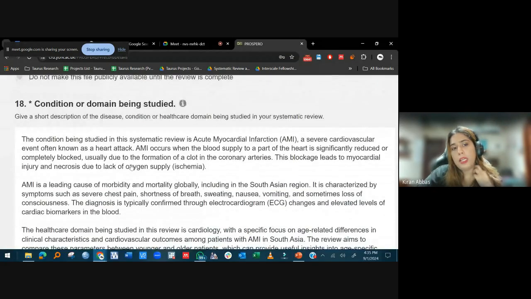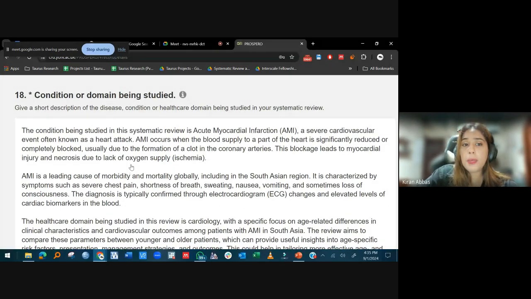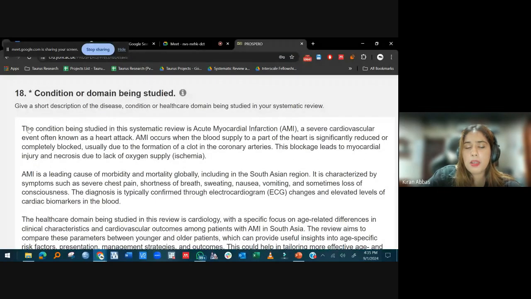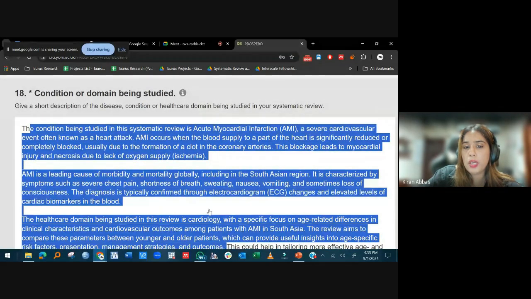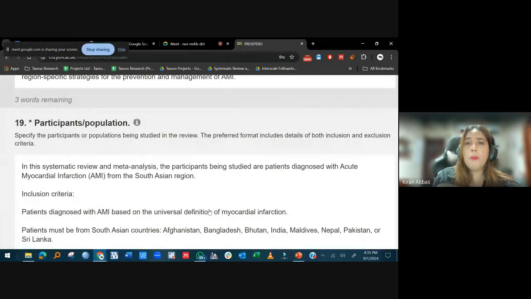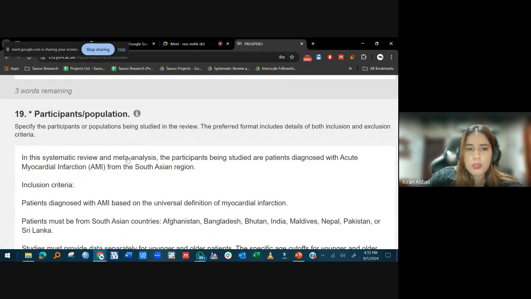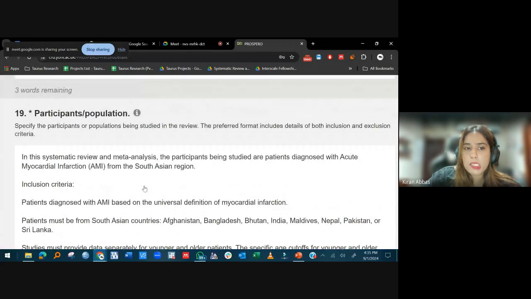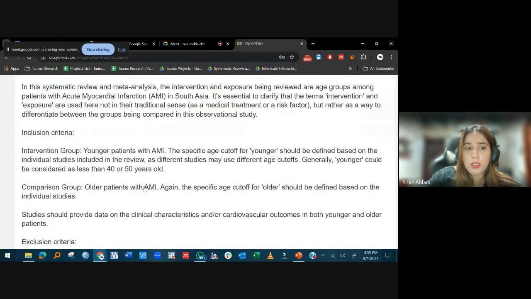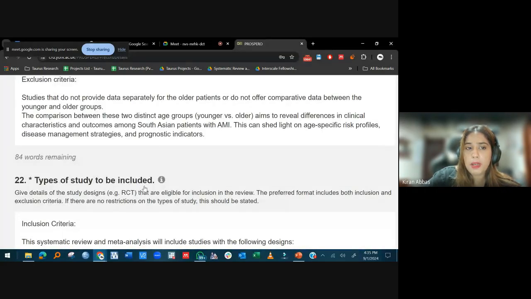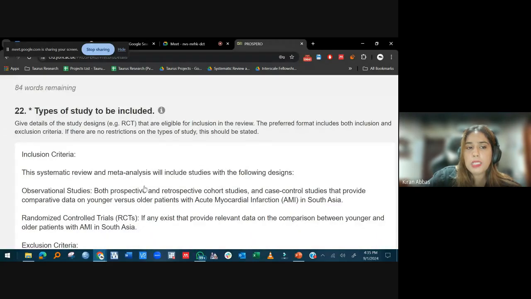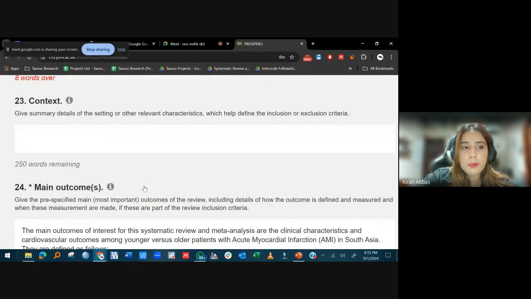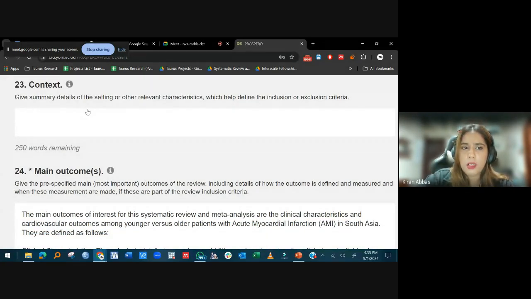ठीक है। उसके बाद आपने कंडीशन और डोमेन बीइंग स्टडीड। अब यहाँ पे आपने डिटेल में बताना है कि आपने स्पेसिफिकली क्या स्टडी करना है। मेरे ख्याल से ये हमारा कहीं दूसरे मेटा का कॉपी हो गया, तो आपने सिर्फ ये बताना है कि आपके आउटकम्स क्या हैं। हाँ, मेरे ख्याल से ये वही पीकोस क्राइटेरिया है। पीकोस क्राइटेरिया पूरा आएगा अभी, पार्टिसिपेंट्स, इंटरवेंशन या एक्सपोजर, फिर आपका कंपैरेटर, कंपैरेटर ग्रुप क्या है, फिर टाइप्स ऑफ स्टडी आप कौन सी इंक्लूड करें। तो पीकोस क्राइटेरिया आपने डिटेल में लिखना है, ठीक है।